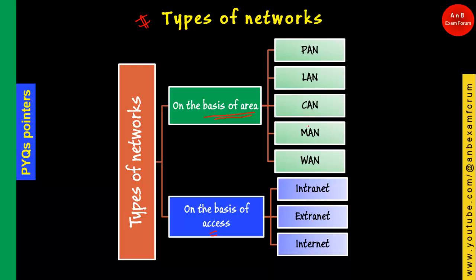Okay, and on the basis of area, we have the PAN, that is the smallest one, and this is very important. These are commonly asked: which type of network is the smallest one? It is PAN, that is personal area network. And in the upcoming slides, we are going to see each and every type of network. Okay, and the largest one is WAN, that is wide area network. Okay,